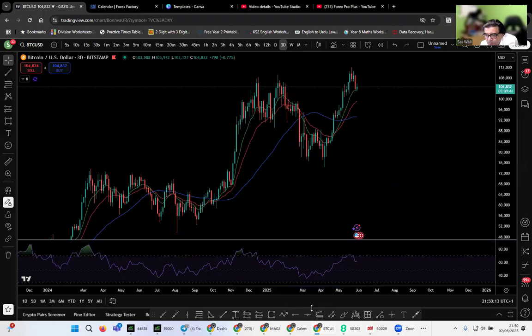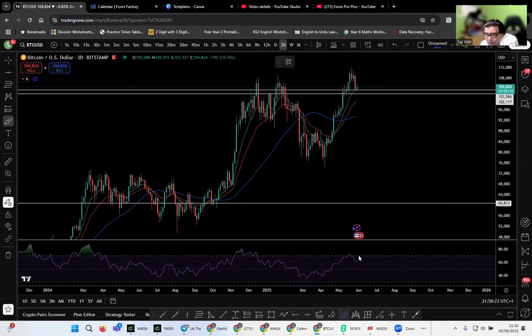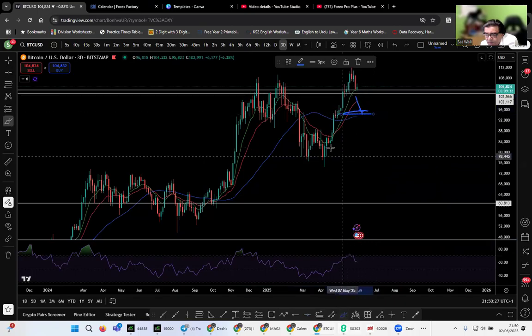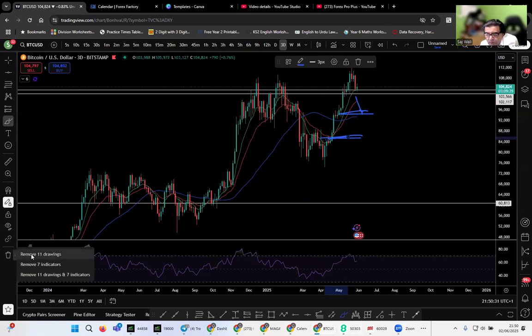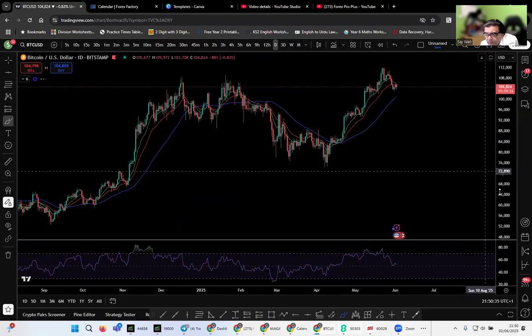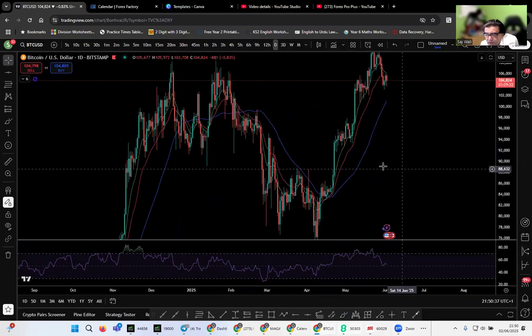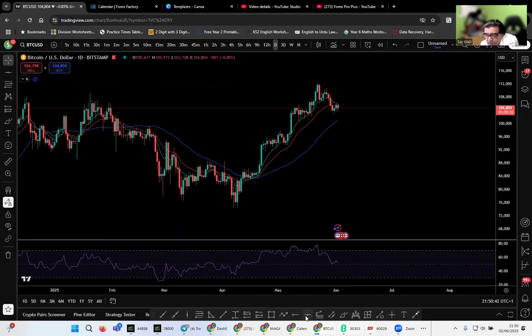So what we need to do, we have to be careful and look. If this level is broken, then there's a possibility of a move to the downside. We have this level and then we have this level. Also, in daily, that's a 3-day chart. And in weekly, also this